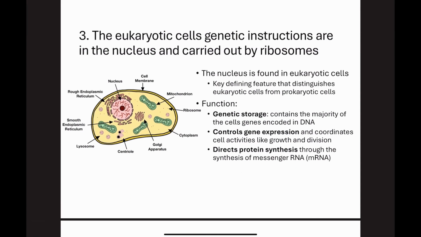So the nucleus is a defining feature of eukaryotic cells. It acts like a control center, which is where genetic instructions are going to be stored and used. The nucleus has a variety of functions which include genetic storage. The nucleus contains most of the cell's DNA, which is going to carry those genetic instructions. But we actually have two other structures that DNA can be found in. So DNA can also be found in